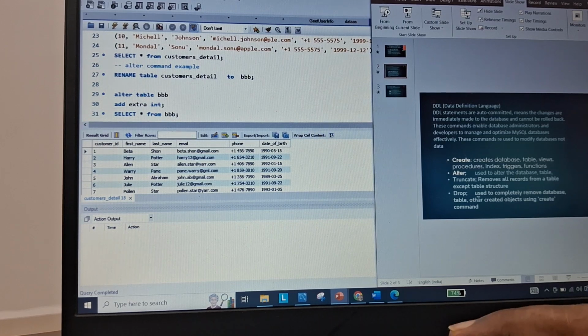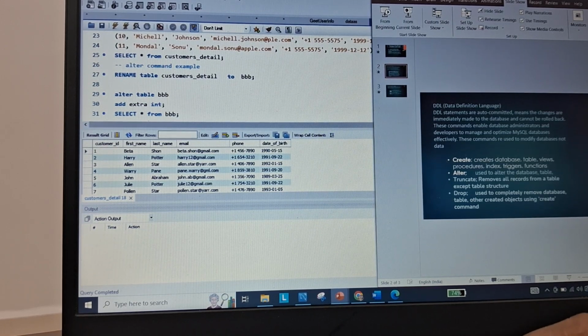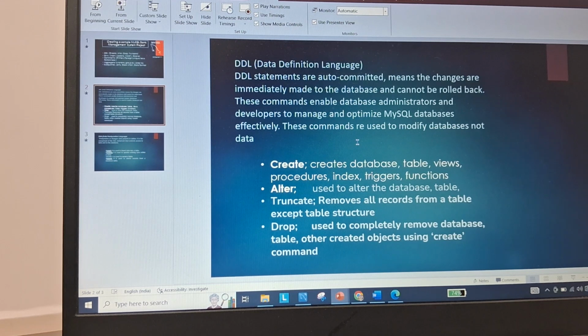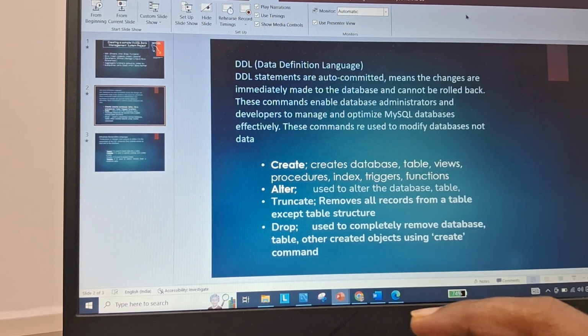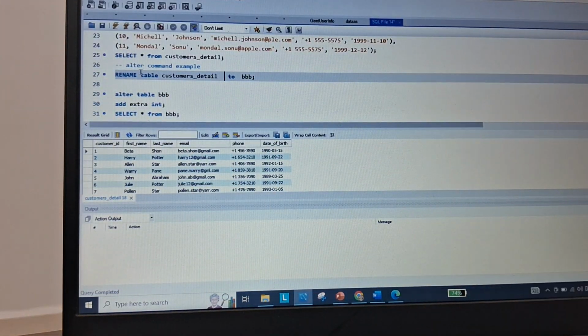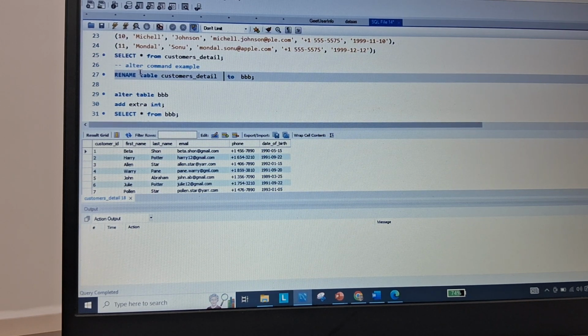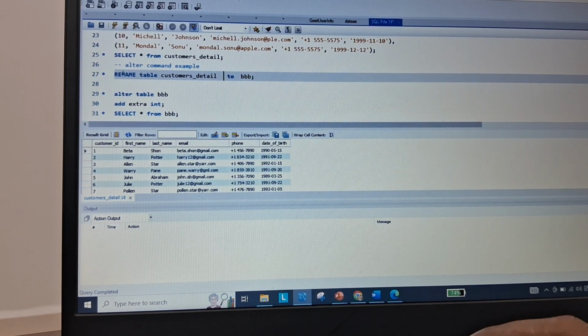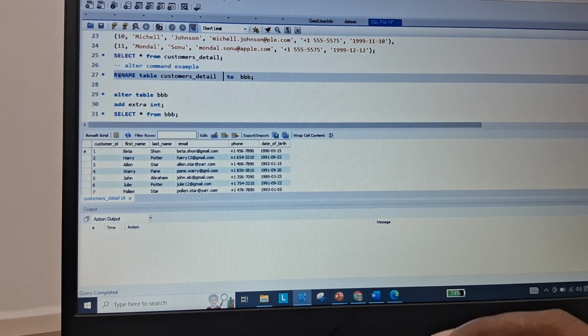In DDL there are other commands also: create, alter, truncate and drop. So I am just going to discuss alter, truncate and drop commands here. If you want to rename anything or make any changes in data, you can use alter.